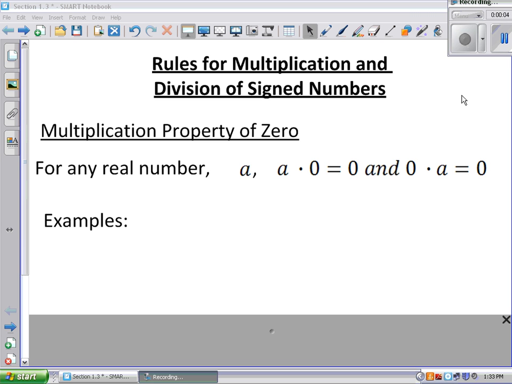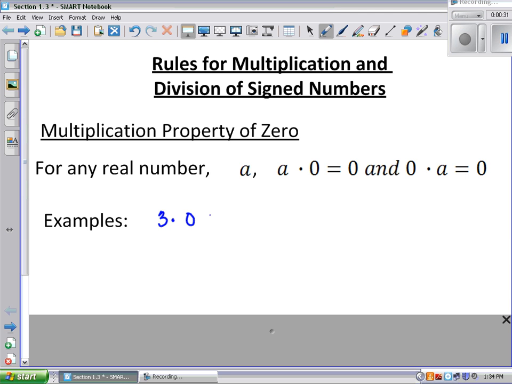Hi, this is Lisa, and in this video we will talk about the rules for multiplication and division of signed numbers. The multiplication property of 0 says that for any real number a, a times 0 equals 0, and 0 times a equals 0. Some examples that illustrate what we're talking about with this property: